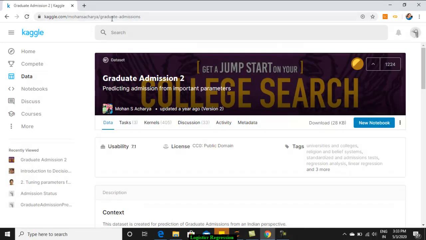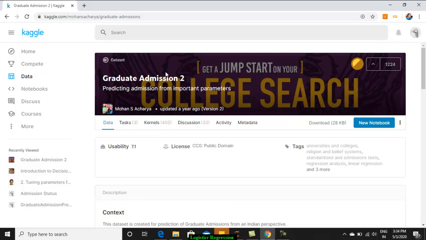Kaggle is a public repository, which is a very powerful repository for data science operations. It hosts many competitions on the data sets that are released on this portal. When you go to kaggle.com, it will ask you to log in. You can either create a login of your own, or you can log in with your Gmail.